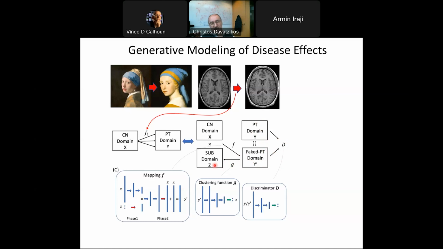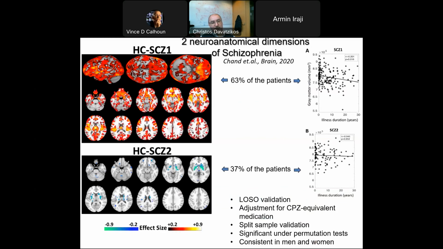There are other constraints there, such as continuity, monotonicity, and other things that were important for making these GANs work well, especially in the continuous case, not in the dichotomous case of classification into disease or not. But when you want to capture different dimensions of brain change, the degree to which a pattern is expressed in an individual, it's a continuous problem that becomes a lot more difficult. So we solved these problems, and we have been applying these methods to data from different studies. This is one of the studies that we had in 2020,